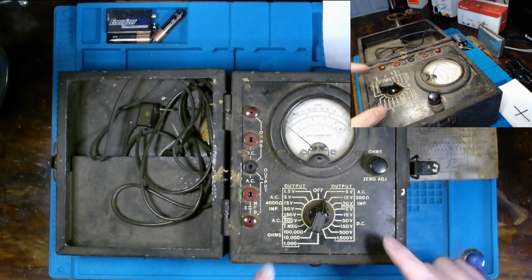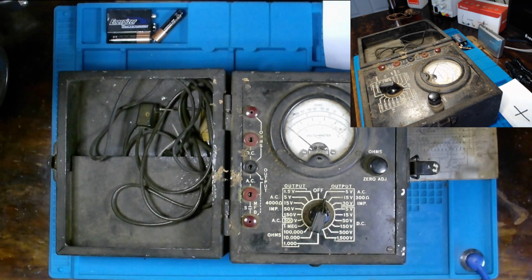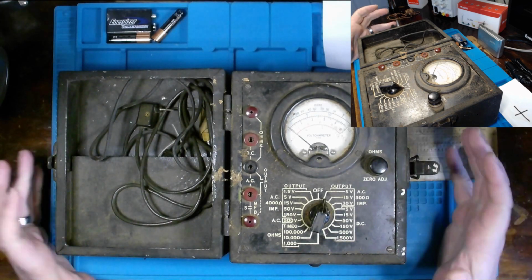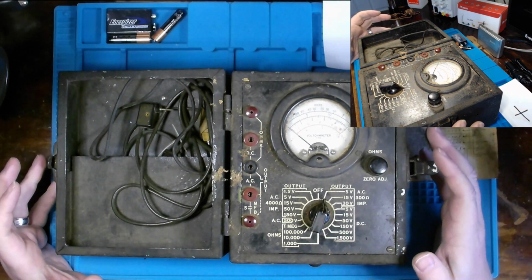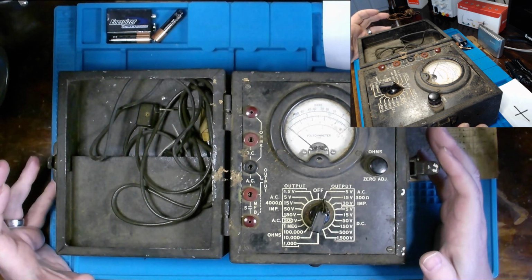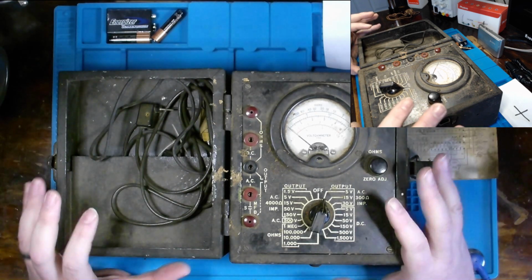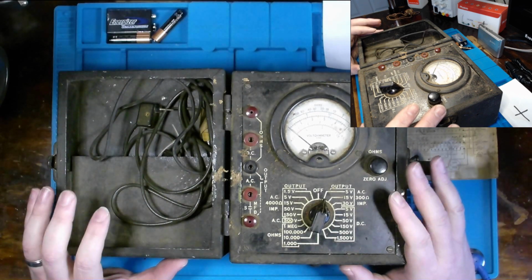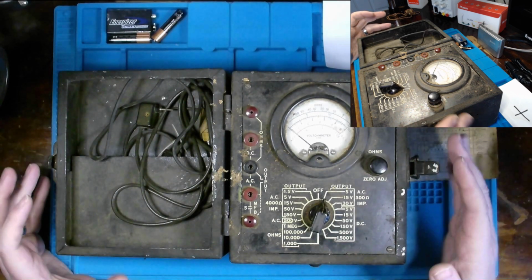But anyways, let's discuss this volt-ohm meter in and of itself. Now, this is a multimeter that was produced here in the United States. The manufacturer was Triplett Electrical Instrument Company out of Bluffton, Ohio. I believe this specific multimeter was made in 1939, at least from what I can gather from